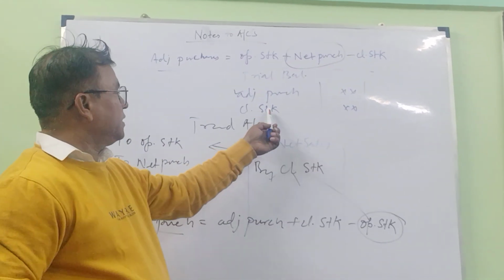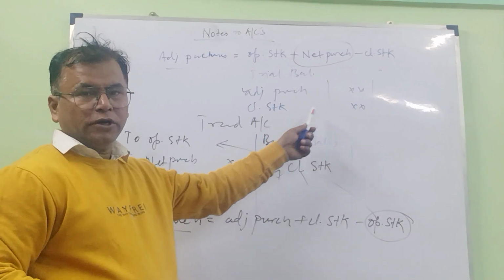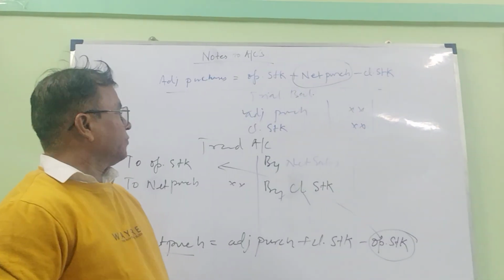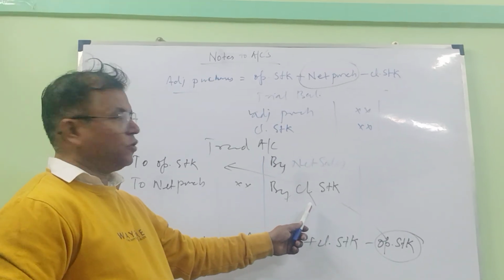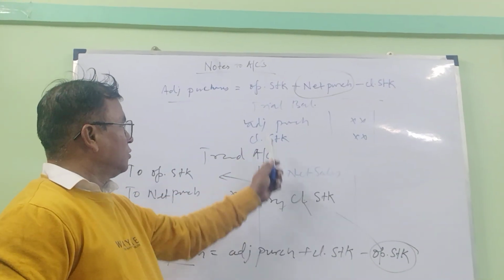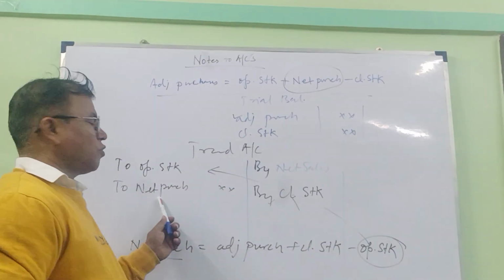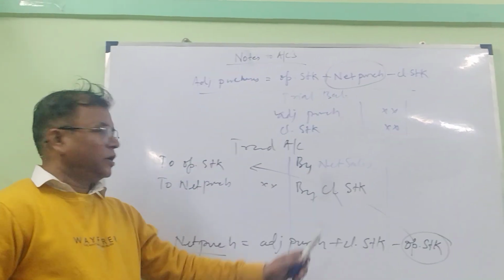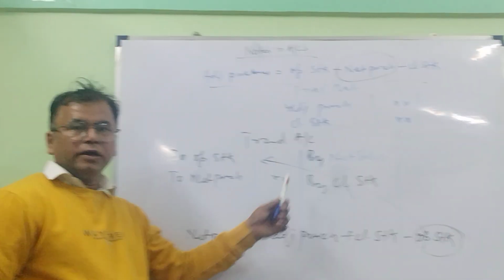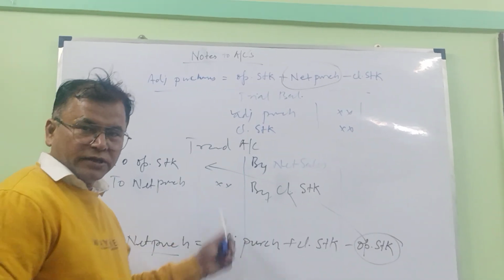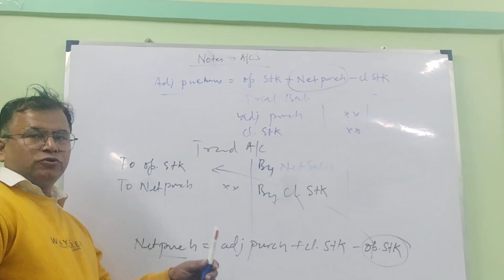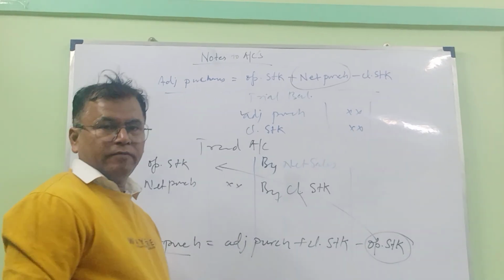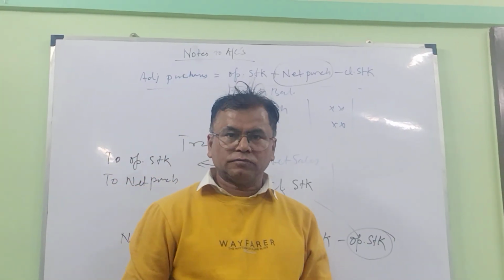Even if it was there in the trial balance, then also it was to appear on the asset side. Okay, so here because it was already adjusted, we added closing stock to purchases and then showed closing stock separately. And this is as per the full disclosure concept. We should do it in this manner. Never should we try to show adjusted purchases on the debit side of the trading account. Is it clear now? Yes, sir.